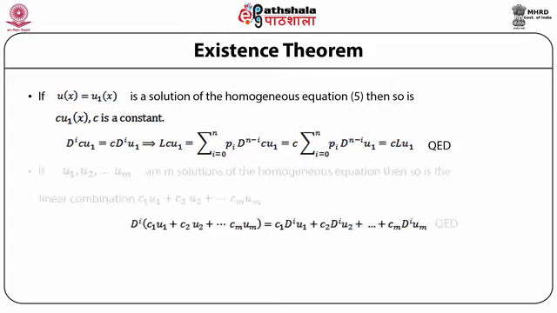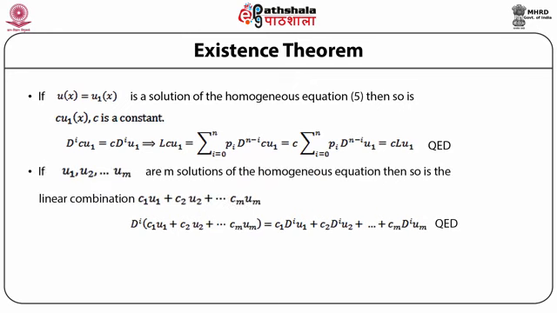Second theorem: if u1, u2 and so on till um are m solutions of the homogeneous equation, then so is the linear combination given by c1u1 plus c2u2 plus so on till cmum, where ci are constants. We prove this theorem. L times c1u1 plus c2u2 plus so on till cmum